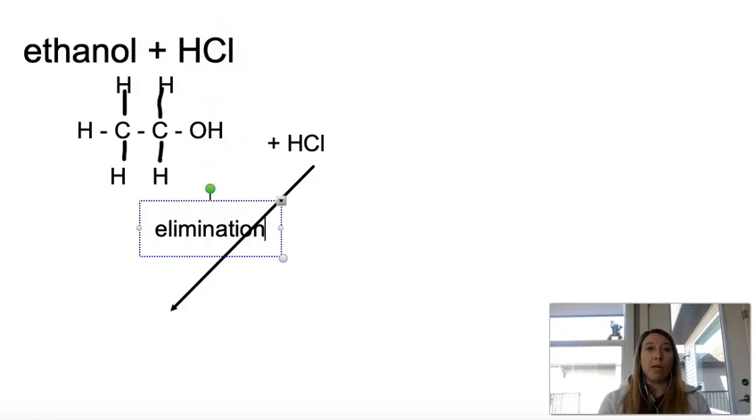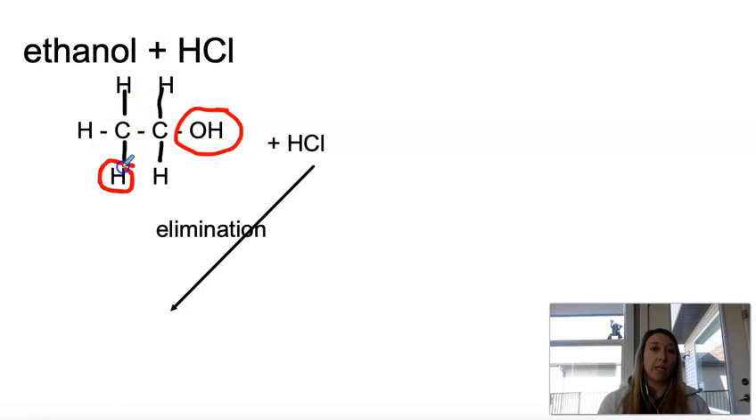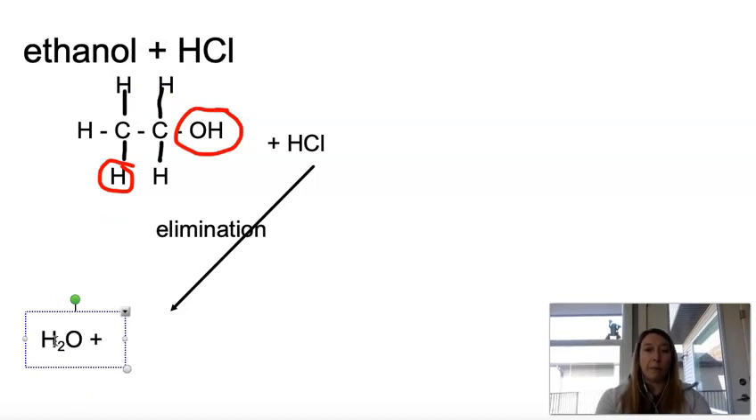So if we think about what elimination means, I need to take 2 things away so that I can create a double bond. We said you take the special thing away, so we're going to take the hydroxyl group off, and then off of the other carbon, we're going to take an H. So in doing that, we'll have just created water. And then we're going to have our molecule,